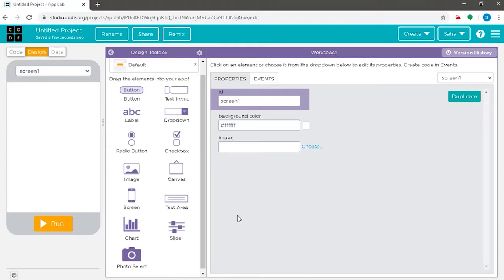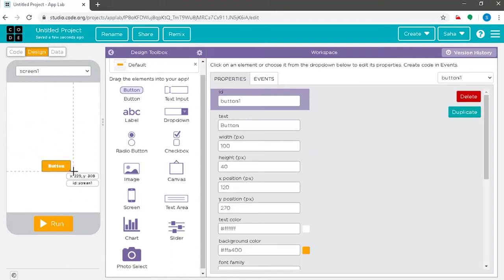So, for any element in the design mode, you can drag the components and position them wherever you want to on the screen and adjust it according to its sizes by zooming in and zooming out. And on the right hand side, you can see the various properties of the components that you dragged onto the visualizing section. For example, let's drag the button element onto the screen and place it wherever we want to position.